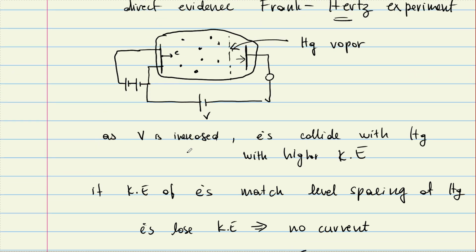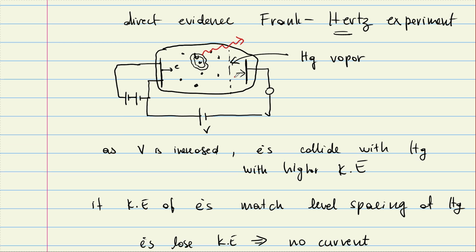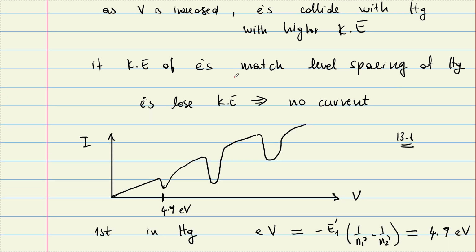What is more, once the mercury atom, like here is a mercury atom, right, absorbed energy from the electron and its electron went up to a higher level, that electron is not going to stay there. Eventually it has to go down because there's an available smaller energy state, right? Why would it stay there? So it is going to come down and there will be radiation out. And you can also look at this radiation and measure its spectroscopic signature, right? Franck and Hertz also did that, and they found